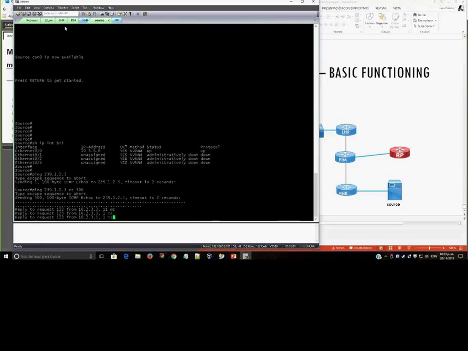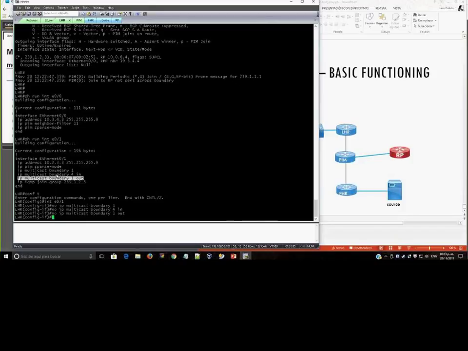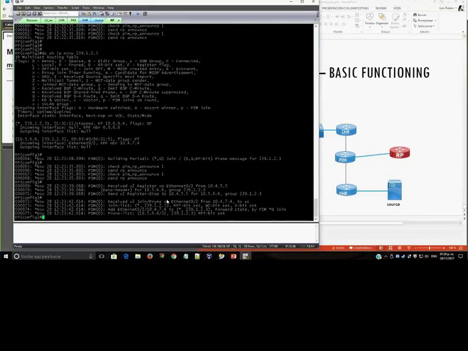Okay, it was because of the boundary set something wrong. So the boundary was preventing the state, the star comma G, going to the RP. But now